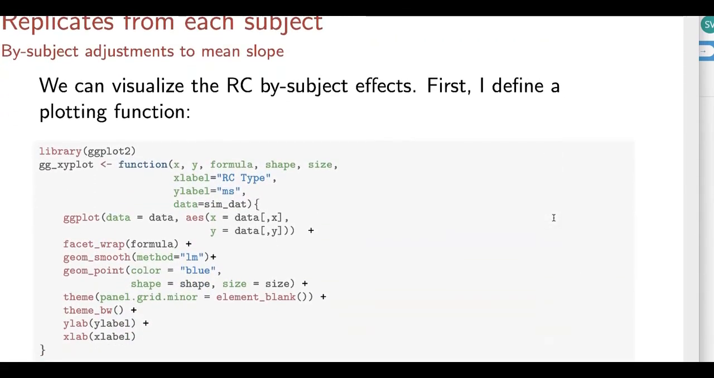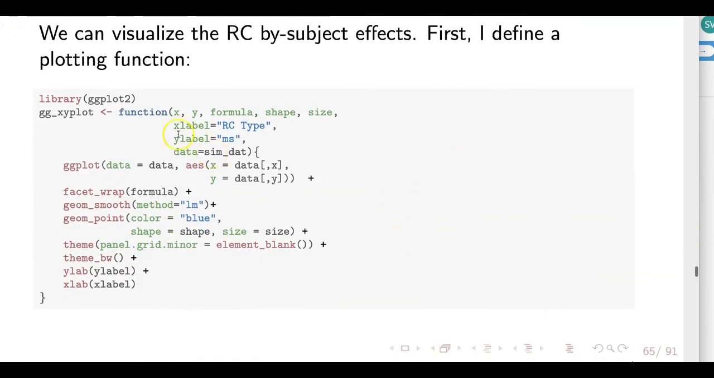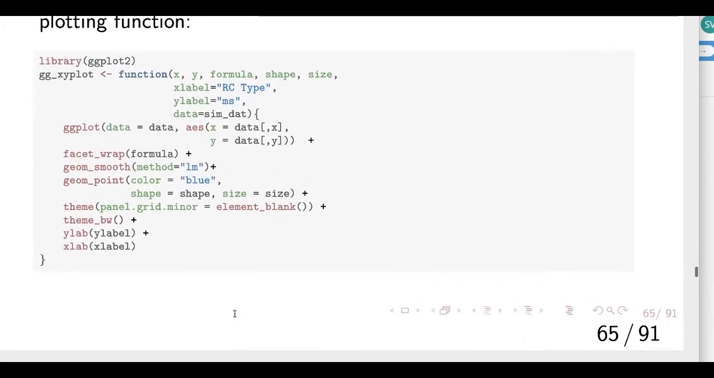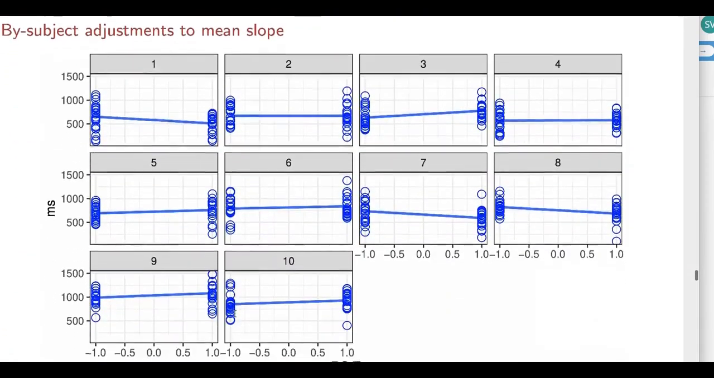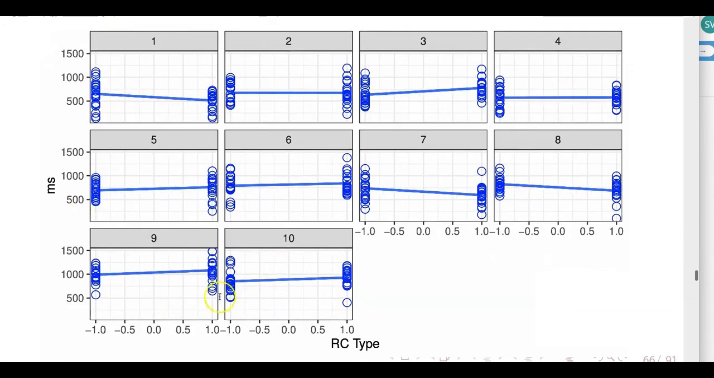So one thing I want to show you here that is very important is to learn how to visualize the by-subject effects, right? So one way to visualize them is by using a function like this ggxy plot that I've written here. You can download it and look at it later, and you will encounter it again in the homework assignments. What this function is showing you is that for the 10 subjects, in this case simulated data, I'm displaying each participant's subject and object relative clause data, and I just fit a linear model on each subject's data. And what